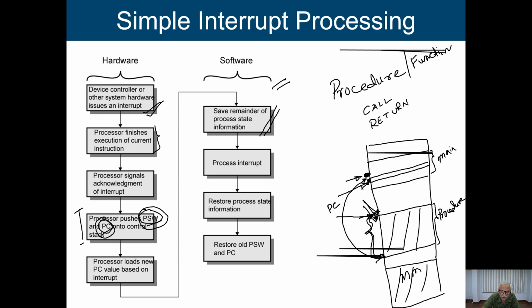Now when we say the remainder of the processor state information, basically it is going to look for all the general purpose registers. We have several general purpose registers. Those registers may be used in our main program to store our intermediate results or our data.